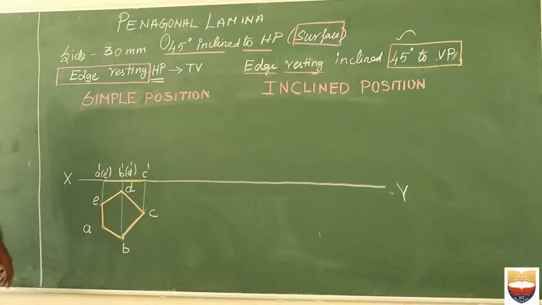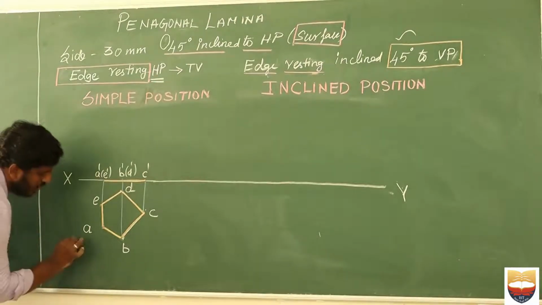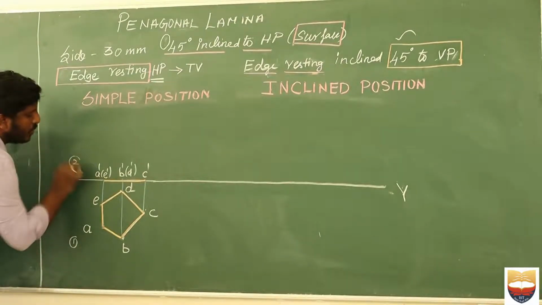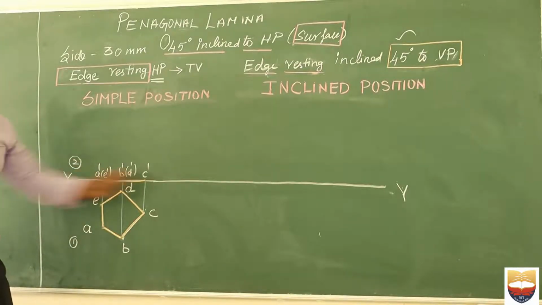So the pentagon can be drawn in two ways. One is edge resting, the other is corner resting. How to identify it? We have to look at the left hand side of our lamina. Here I have given it very clearly. Since the left hand side of the lamina is a line, an edge, I can say that the edge is resting on horizontal plane. Okay. Since the plane can be looked at from the top, I need to draw the top view first. So this is what I have drawn first. Then I projected and completed my front view. Okay, from here I have projected and then I have completed my front view.